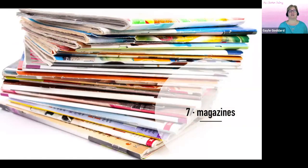Magazines, oh my gosh. So everybody collects magazines to some extent, and there's usually a big stack in a corner somewhere, or more than one stack in a corner somewhere. And so if you go find those magazines, I would collect all of them in one place, and then filter through them. And some of them are going to be magazines and catalogs, and the catalogs, you're going to have 6 iterations of the same catalog, and you really only need the current one,